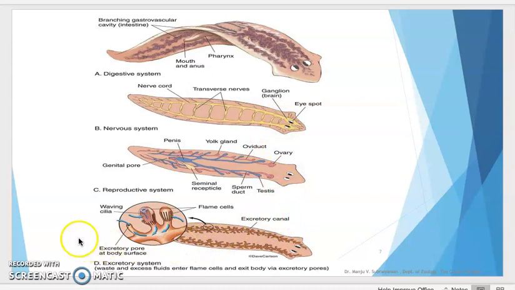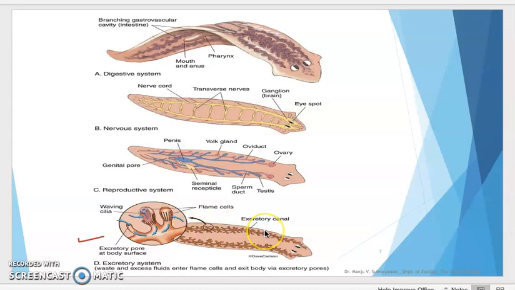Then the excretory system of Planaria. So this is the excretory system. The excretion is mainly by the protonephridia. This is the zoomed portion of the flame cell. So these are the two longitudinal networks of protonephridia that you can see. This is the first longitudinal, and this is the second longitudinal network of protonephridial tube, or